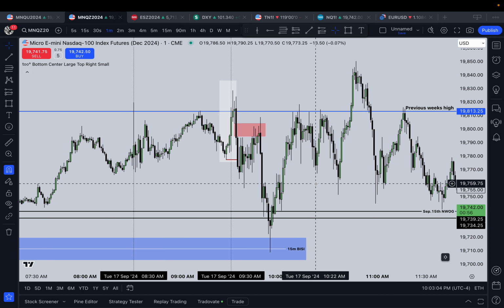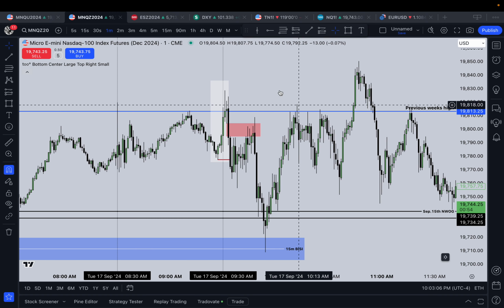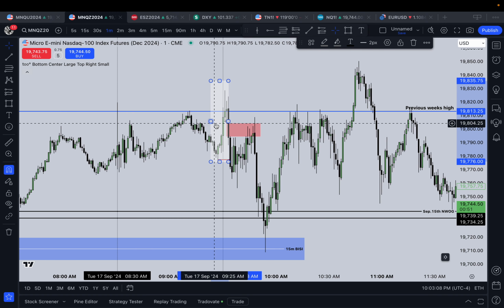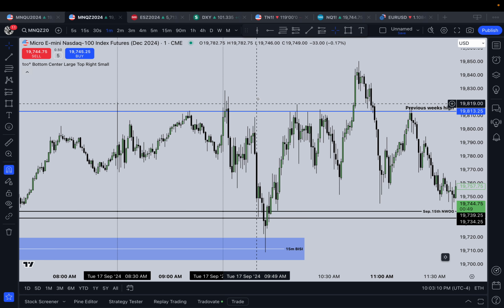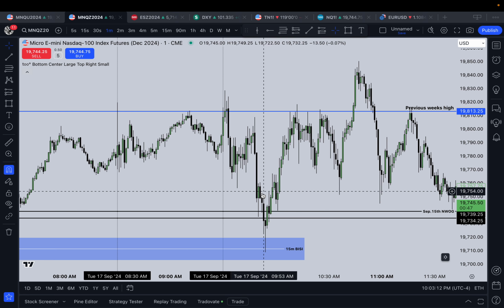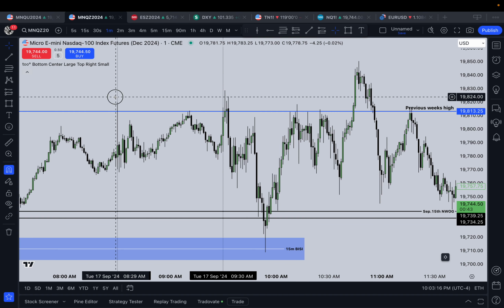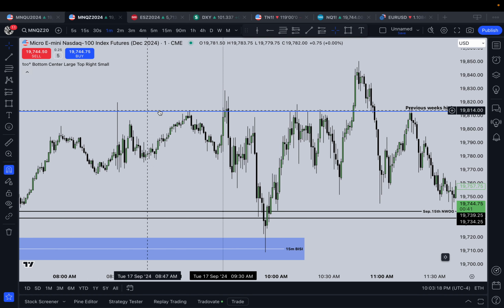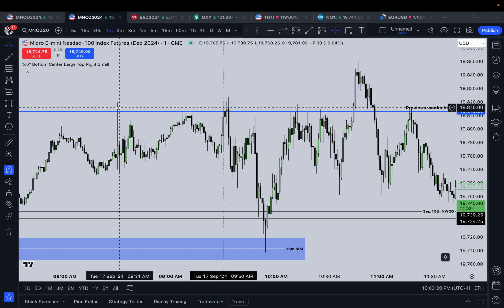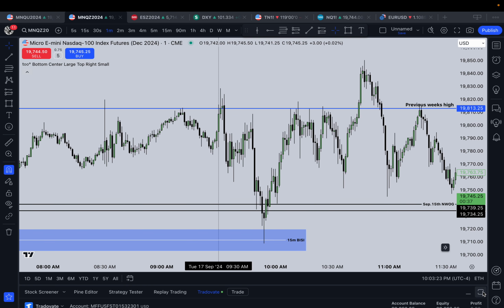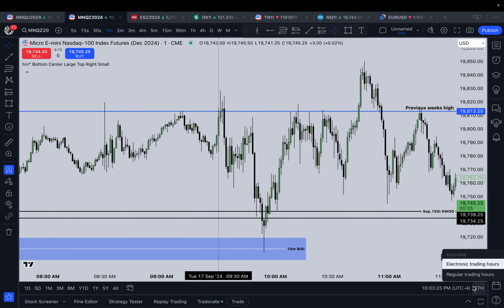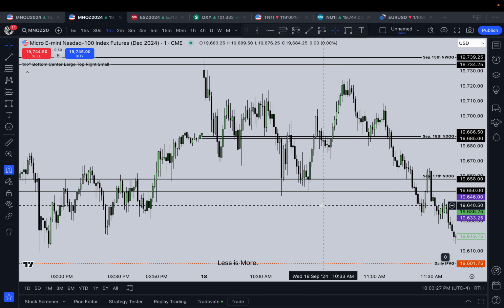And then we also have another setup. Aside from that setup, which was a good setup right there, let's say we just start at 9:30, with nothing before 9:30. Actually, let me see if I can go on regular trading hours and show you.